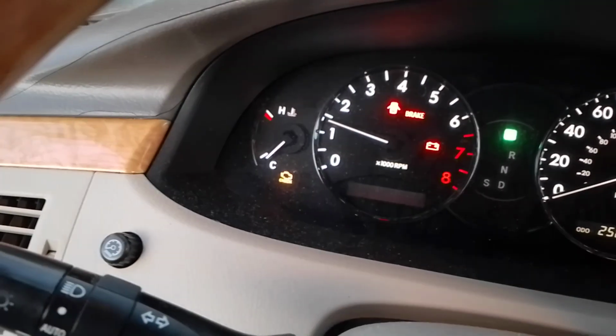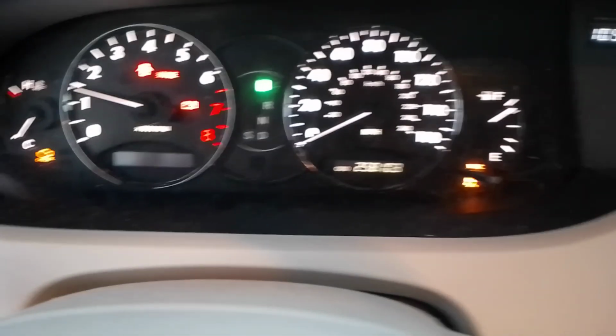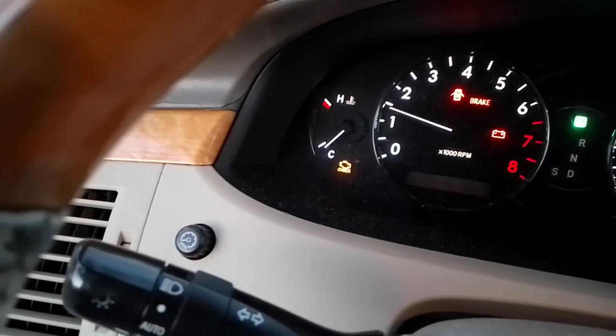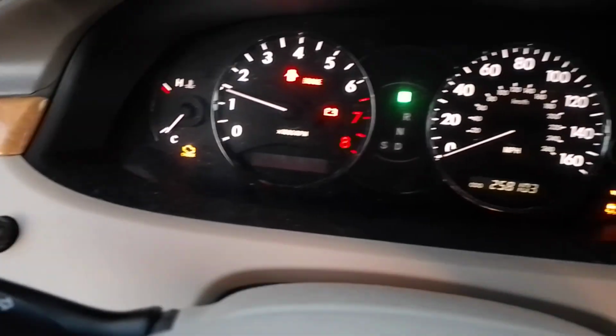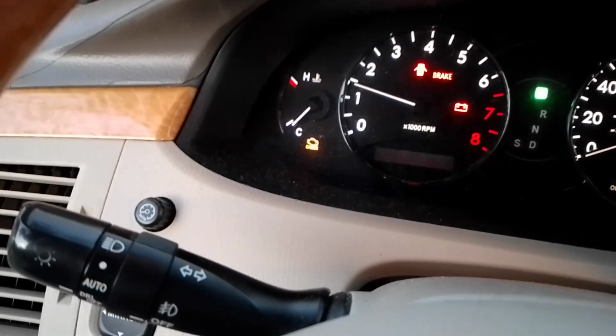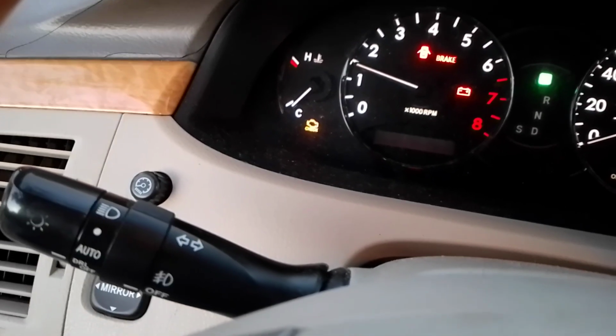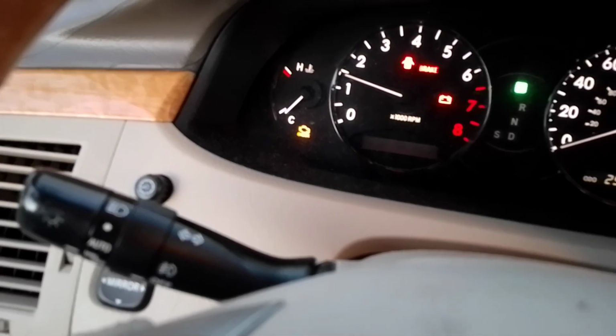All right, battery light's on. That tells me something to do maybe with the alternator, the belt. The VSC light on these cars usually comes on when you've got the check engine light on, and a lot of times it's associated with the coil. So I'm guessing coil and plugs. Well, if you're doing this car, you have to do all the plugs. I also hear